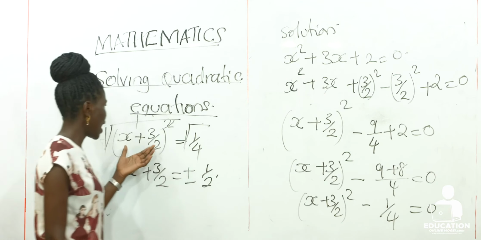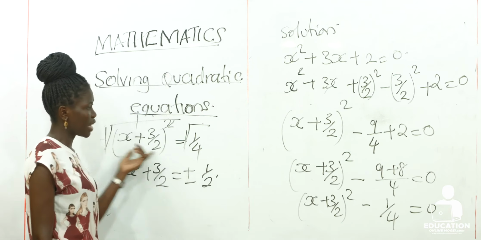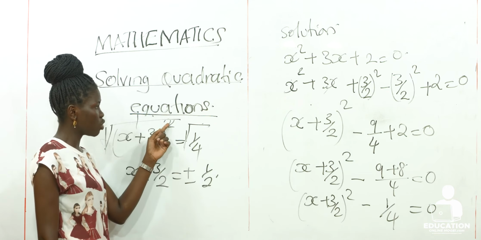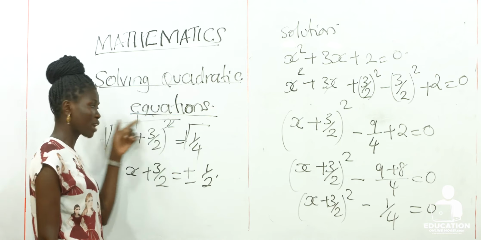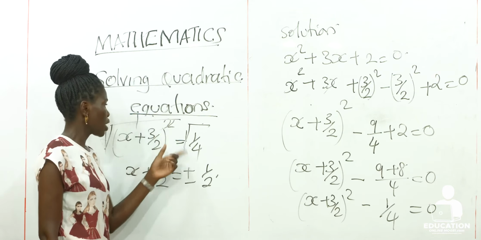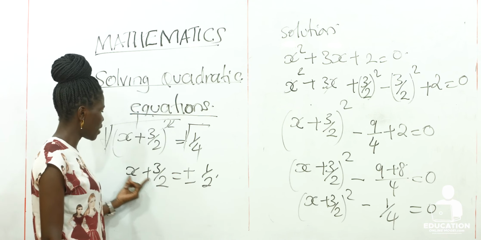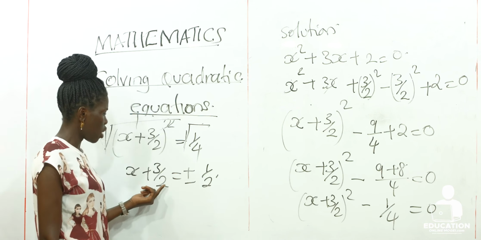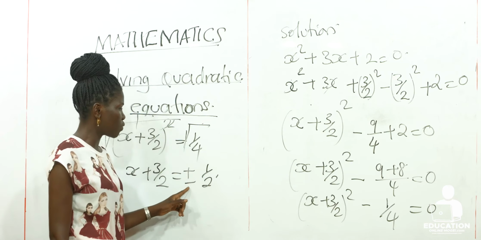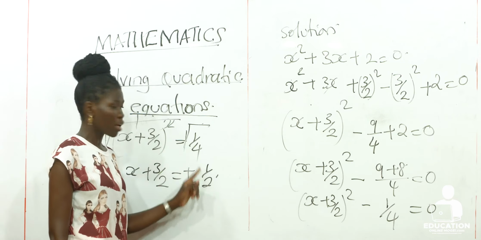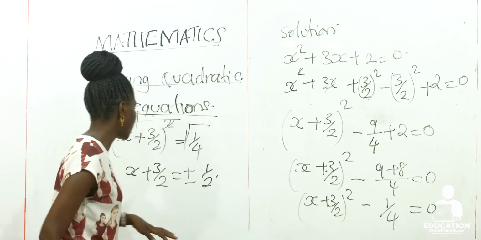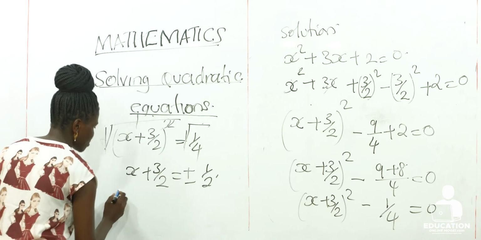Then we came here and transferred the quarter, which was a negative, to this side, and it became a positive. We are having a square sign here. So to remove this, we introduce square root sign on both sides. The square root sign cancelled with these two. That's why we're able to remain with x plus 3 over 2. And this side, when you find the square root, you either have a positive or a negative of the answer. That's why we are having this. Now with this, we are going to continue to work it further and get the final value of x. So we are saying either